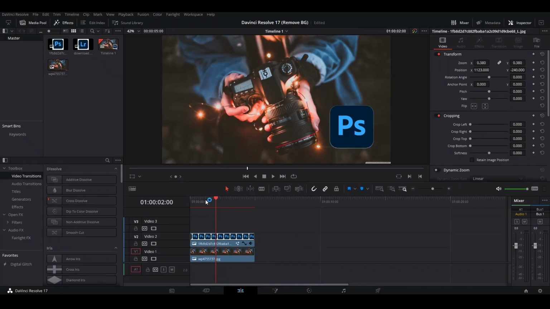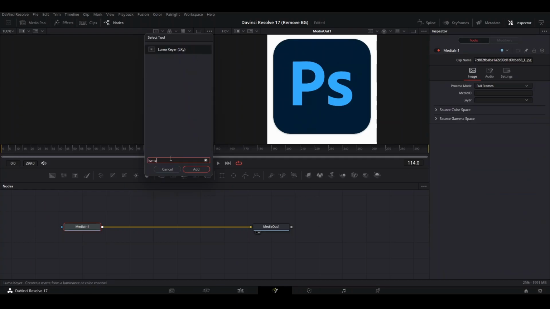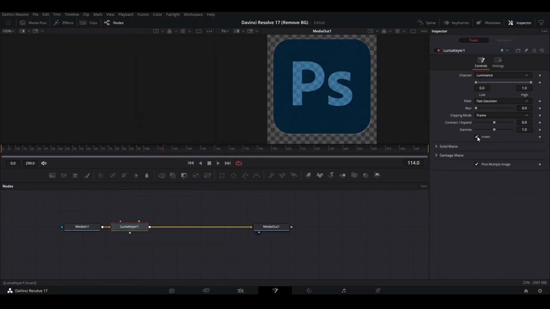So guys, today I told you how to easily remove a background from an image using the Davinci Resolve Fusion